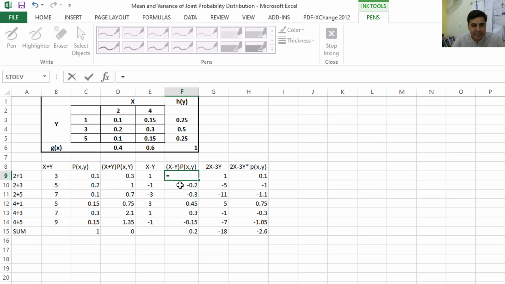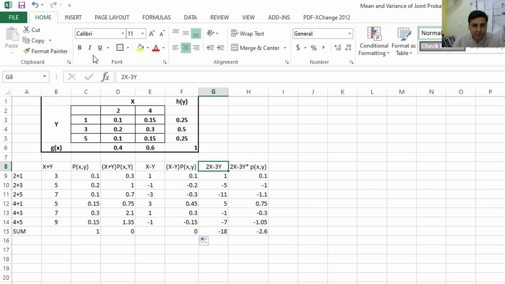And similarly, just like we did in the previous one, now you need to multiply this and their respective joint probabilities, which we have already calculated. So you do not need to repeat it again and again. Just drag it down and you will calculate these probabilities. Now I am showing you how you will calculate 2x minus 3y. In Excel, it is very simple.